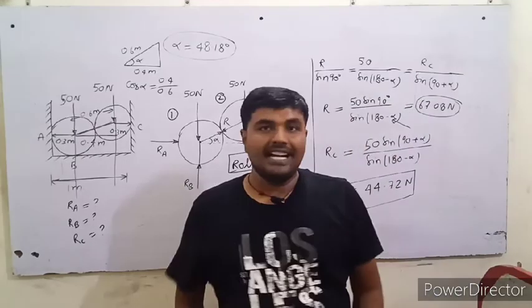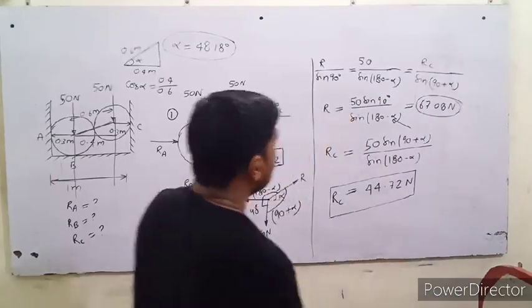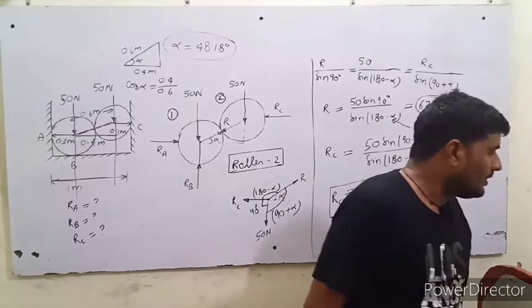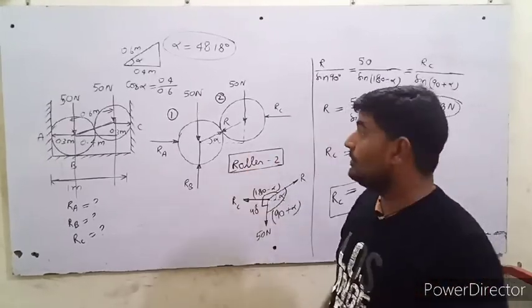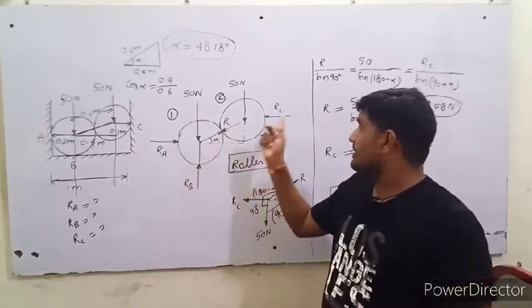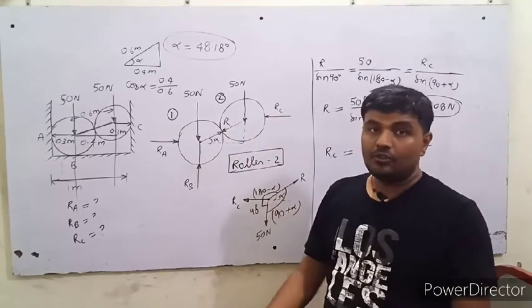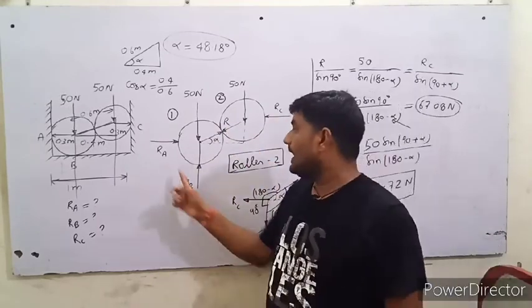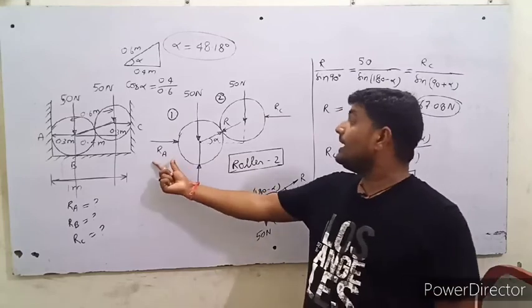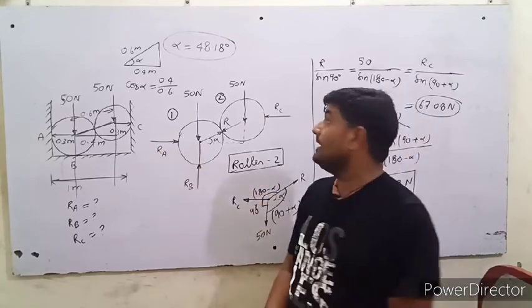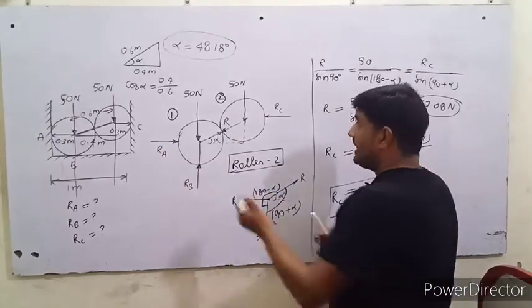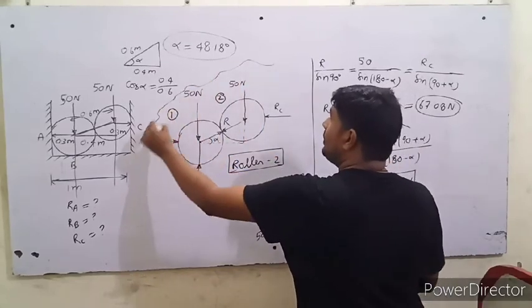So students, we have calculated the value of two unknowns. First one is RC and then R. So how many unknowns are left? RA and RB. RA and RB we will calculate directly by considering the equilibrium